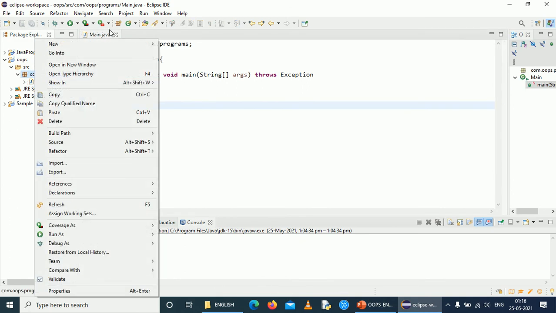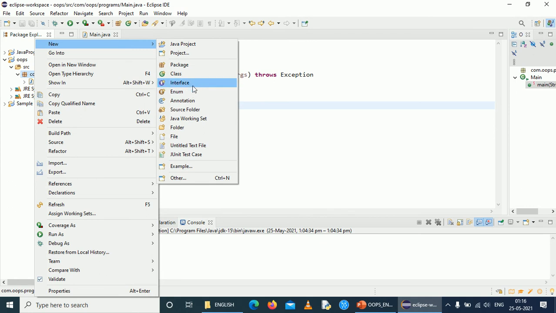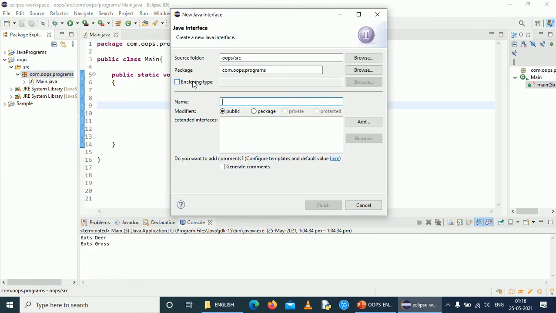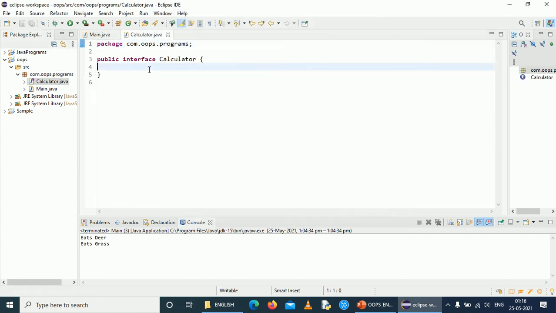We will create an interface now. New interface, Calculator. int i = 100. If I define some value, it will show an error when we inherit.